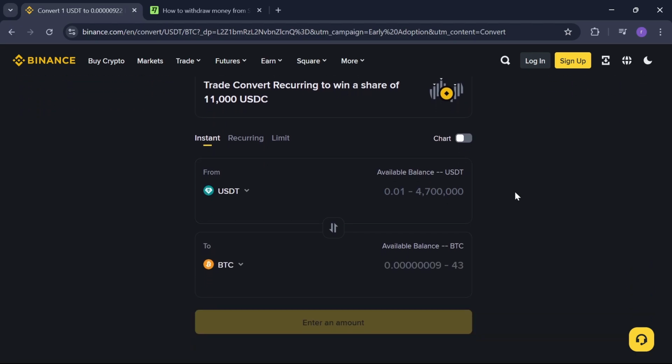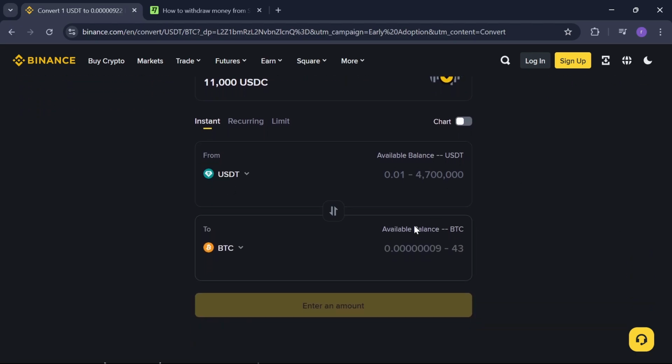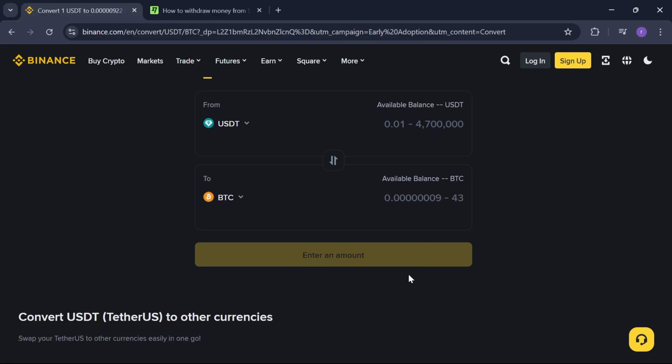Wise supports these methods. Enter your Wise account details here: your full name, your IBAN or account number, and your Swift code if needed, and make sure the name on your Binance account matches your Wise name